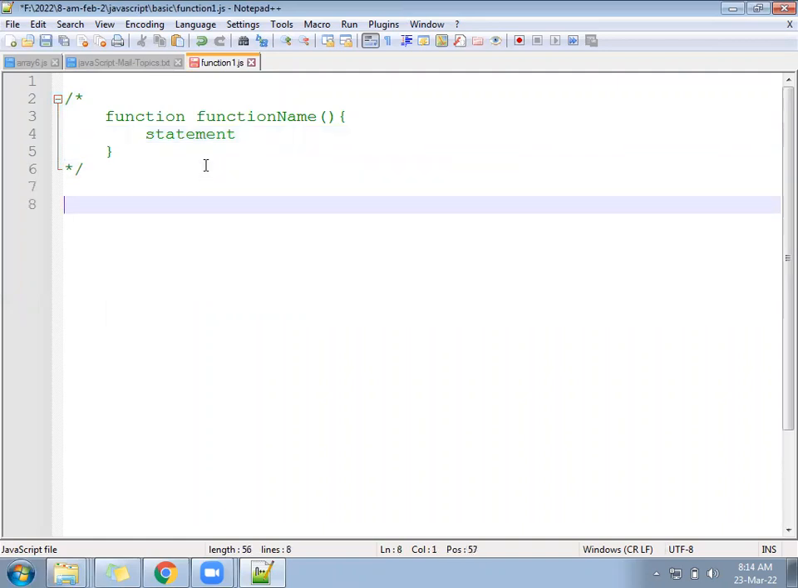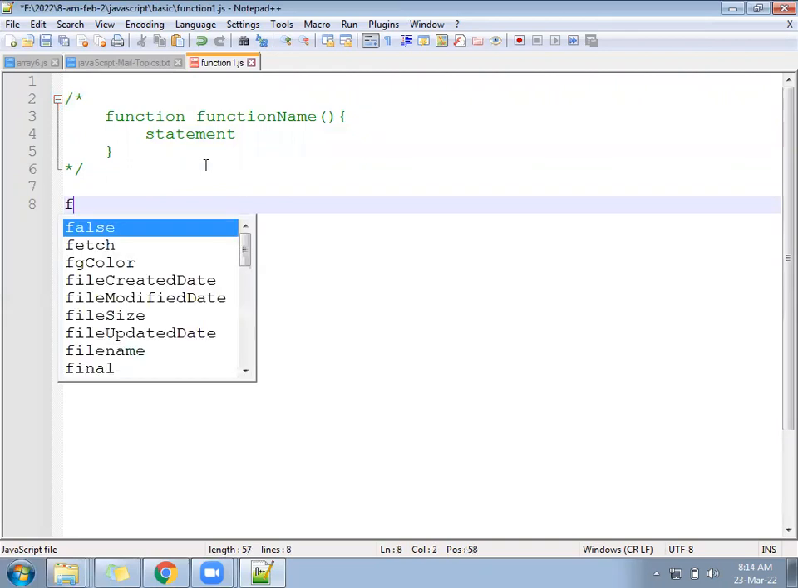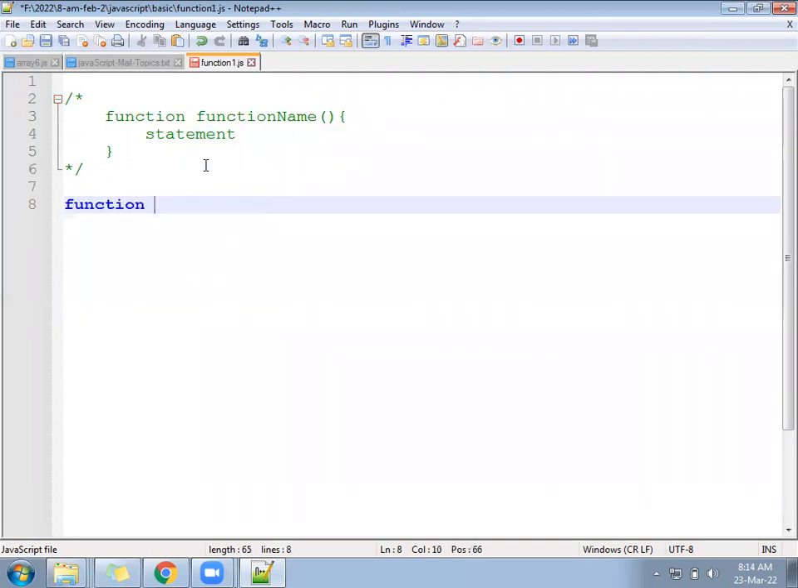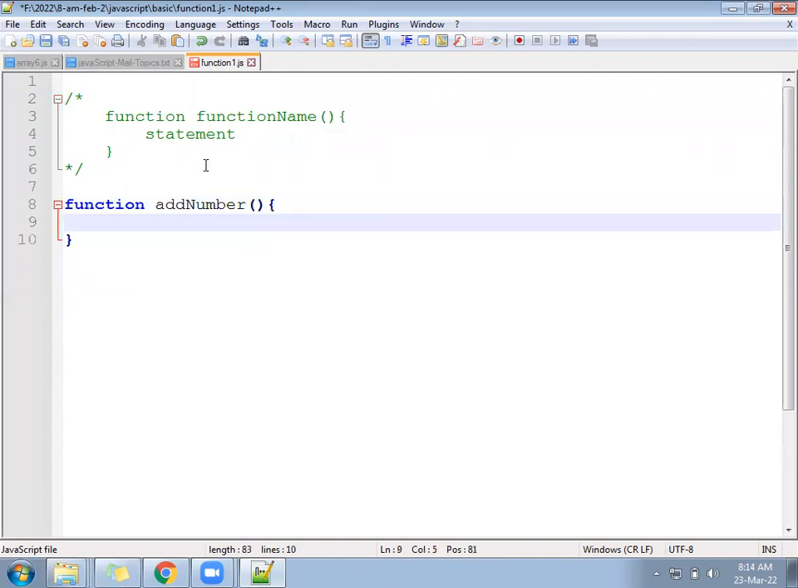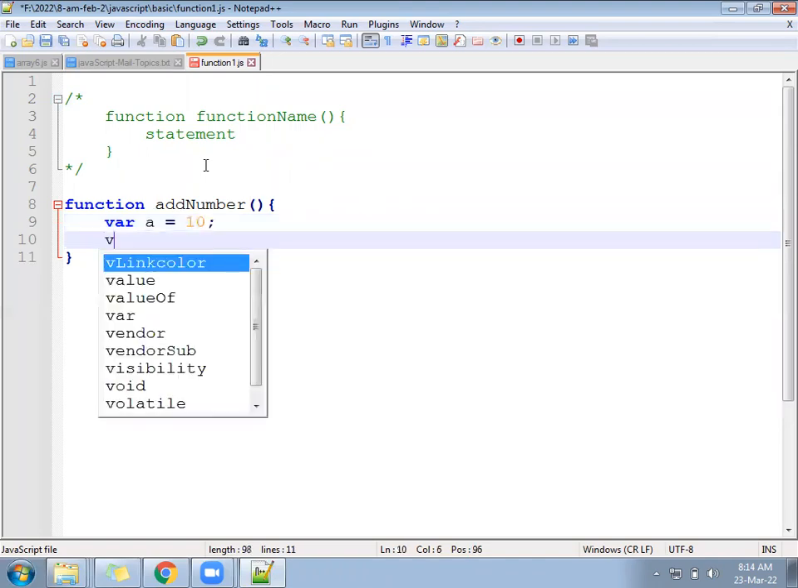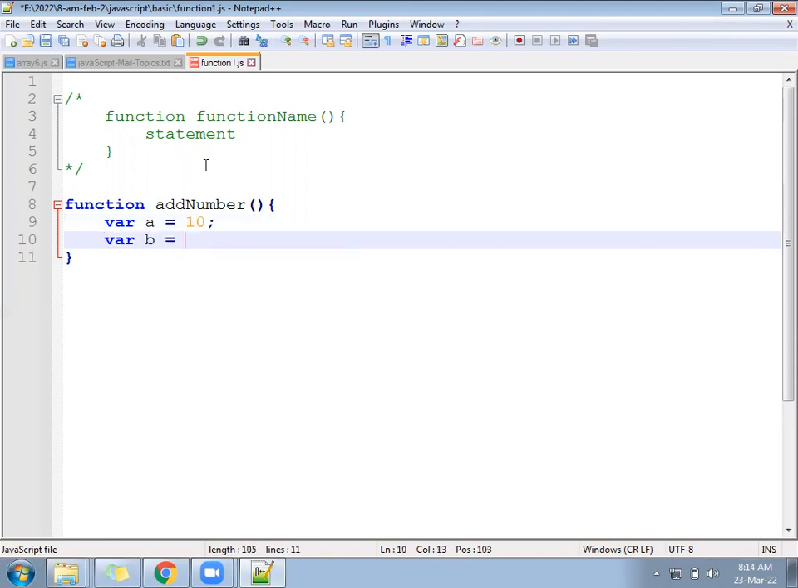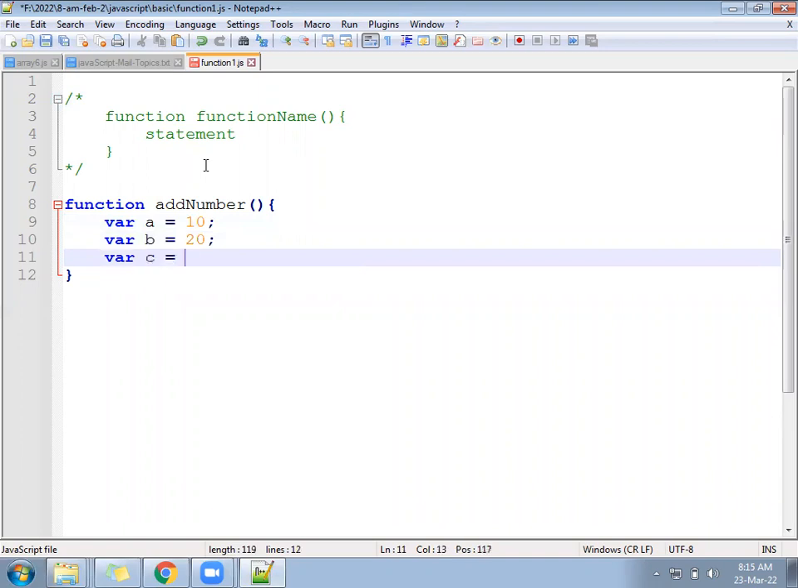Coming down, we will write an example function, add a number. Whenever you call this function, it will take a number called 10, and it will take a number called 20, and finally it will do the addition of